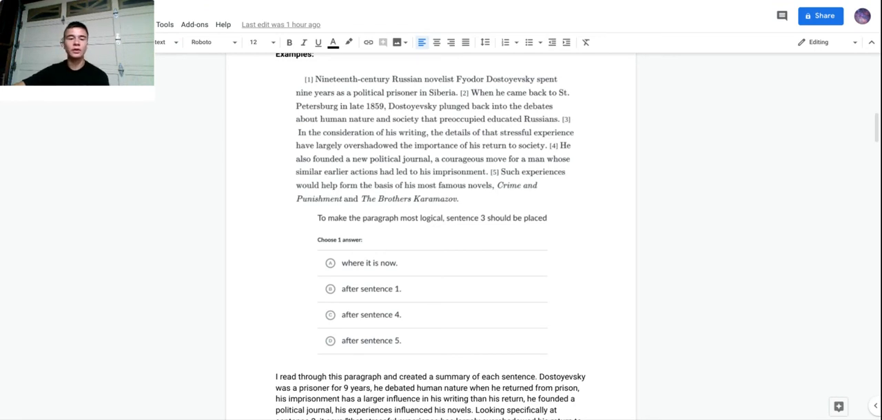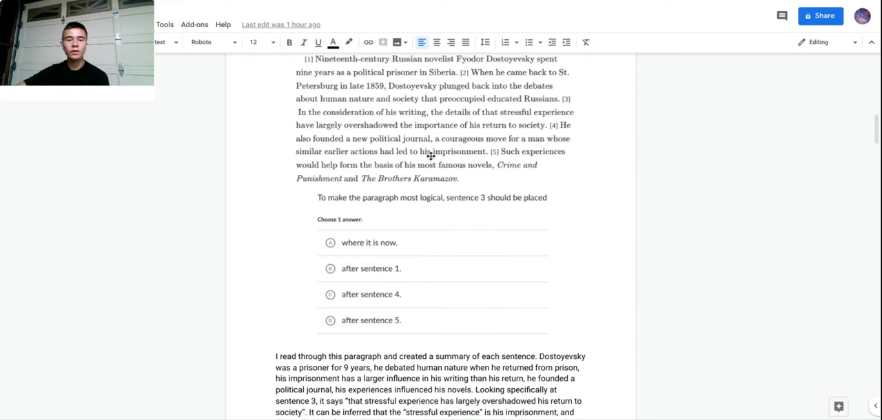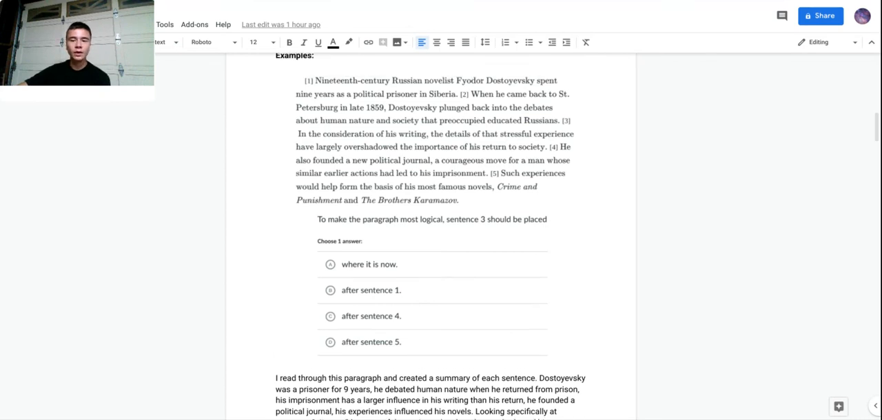So his imprisonment has had a bigger influence on his writing than his return to society after being imprisoned. And then next, he founded a new political journal. That's the main idea. And then the last one is his experiences, such as his imprisonment, influenced his later novels. So